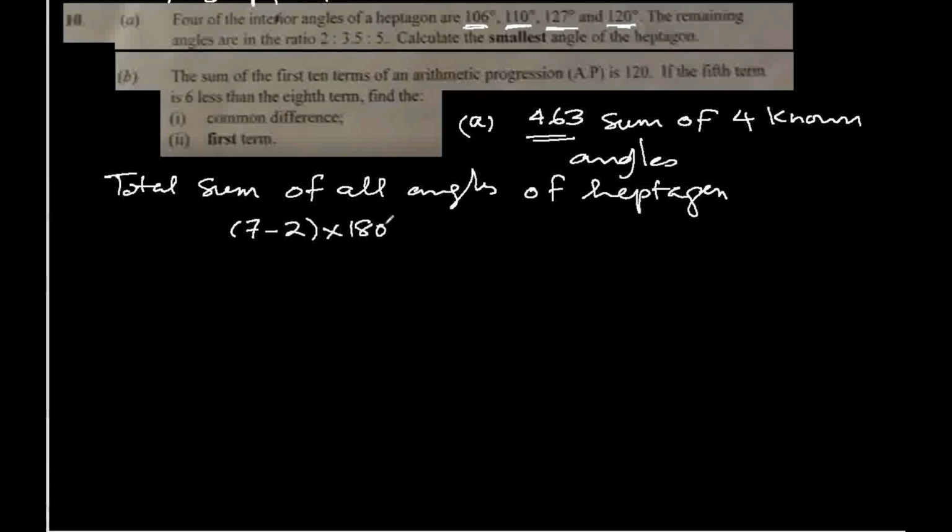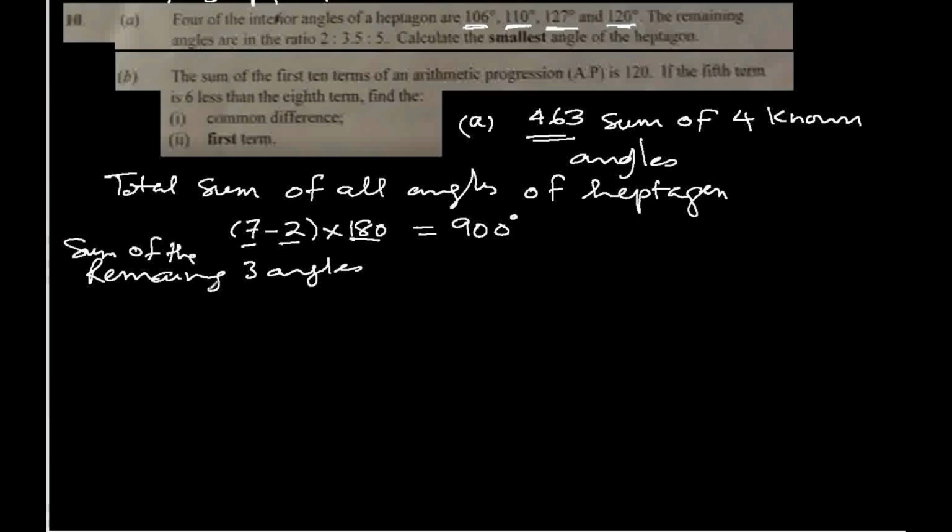This is how we find the total of the interior angles of a heptagon, which is 7 minus 2 is 5, times 180 will be 900. So the sum of the remaining 3 angles will be, total is 900, these 4 are already 463, so it will be 437